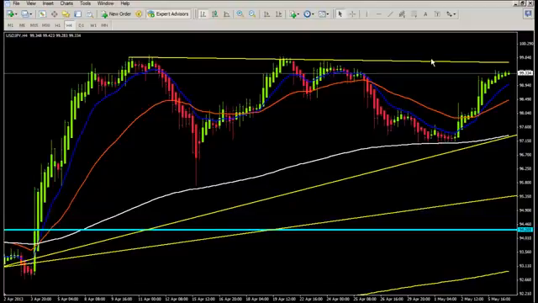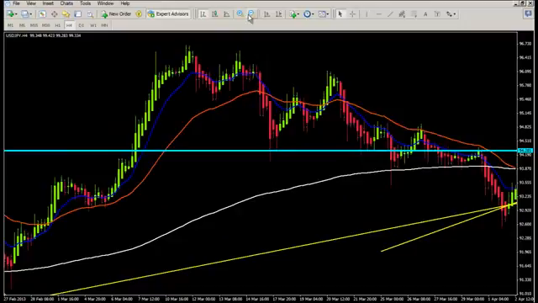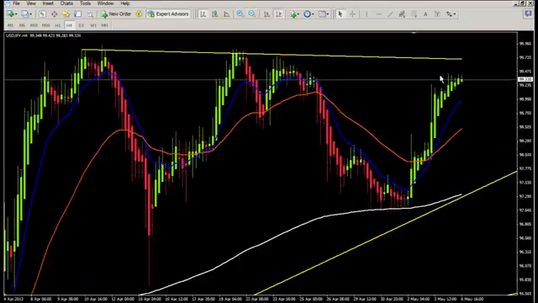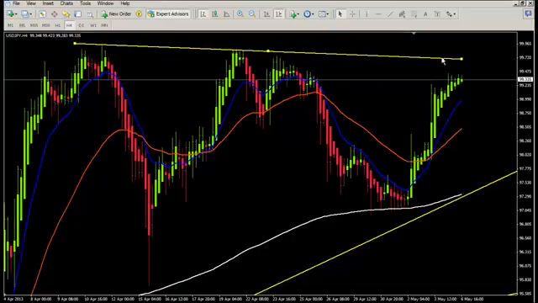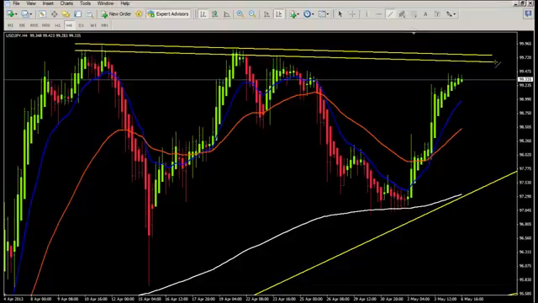So in case you don't like that one line because you know the price will not stop exactly the line by the pip, you can draw two lines. You can do it like this, and you draw another line between here, so it gives you a buffer that will give you your resistance area. You can do the same with your support line. Okay,